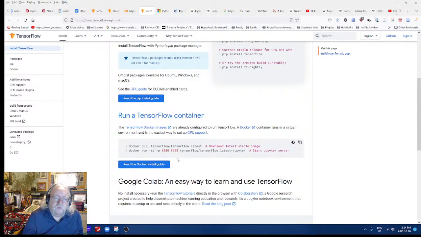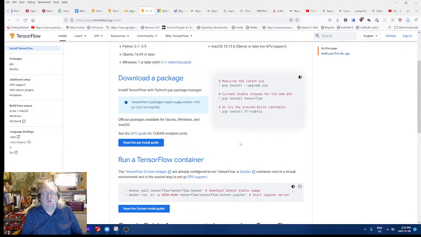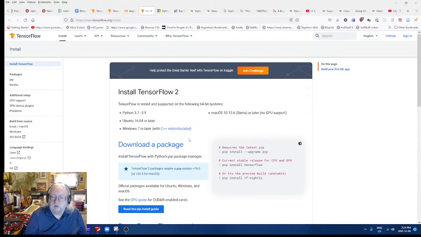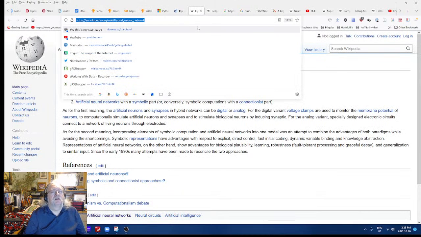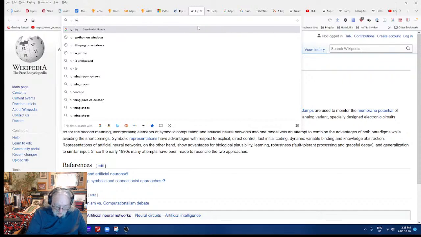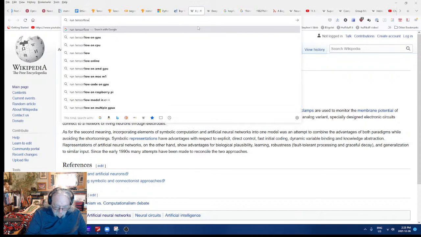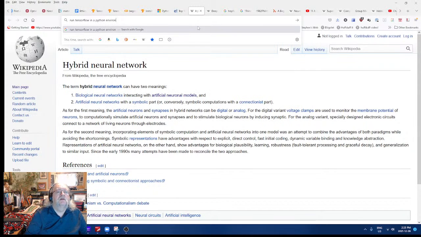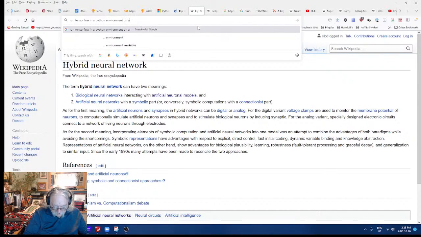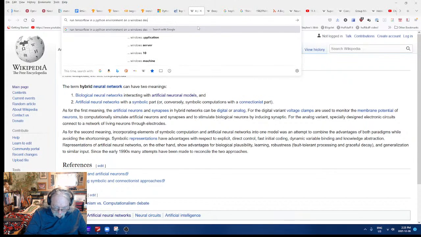Right. All right. Run TensorFlow in a Python environment on a Windows desktop.